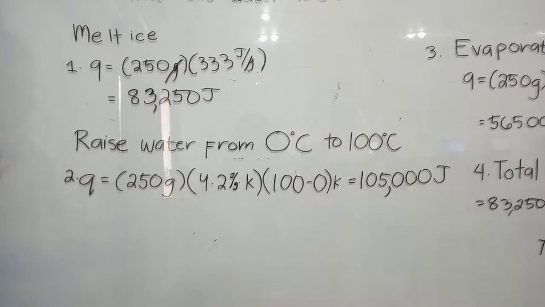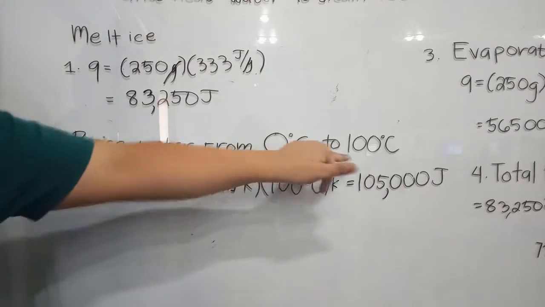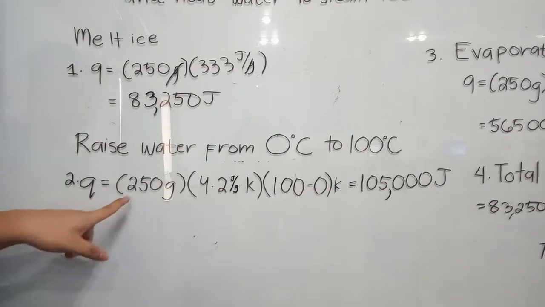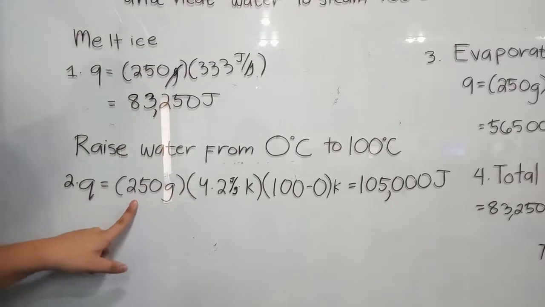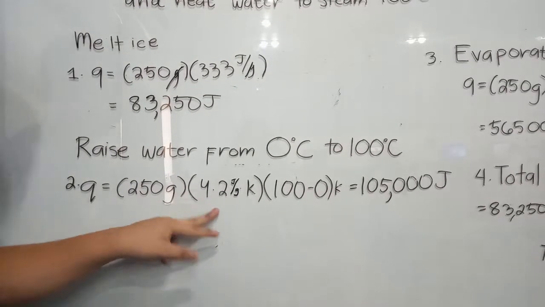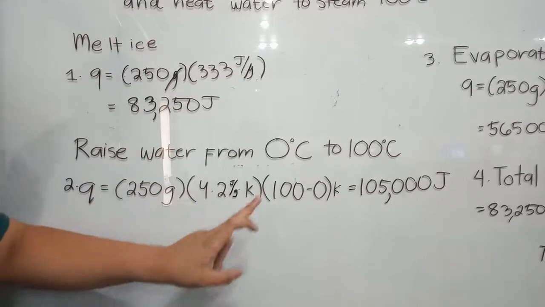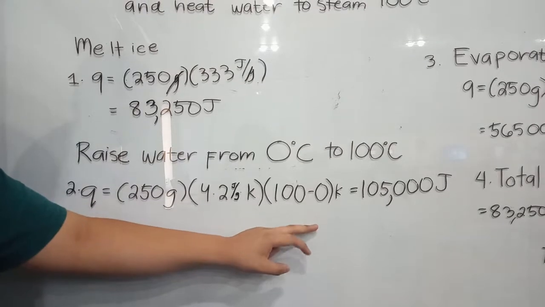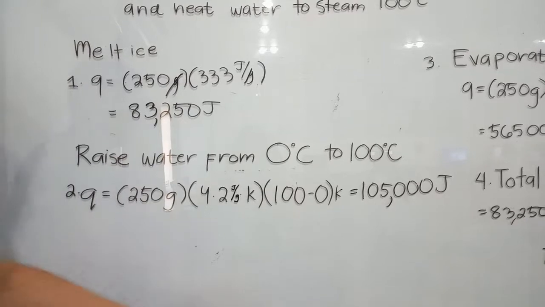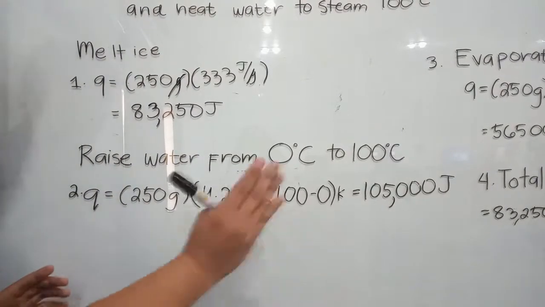Now the equation for raising the water from 0 degrees Celsius to 100 degrees Celsius. Heat equals the mass, which is 250 grams, times the specific heat of water, which is 4.2 joules per gram times Kelvin, times the change in temperature, which is the final minus the initial temperature. Then, according to the calculator, when we multiply them all, the answer will be 105,000